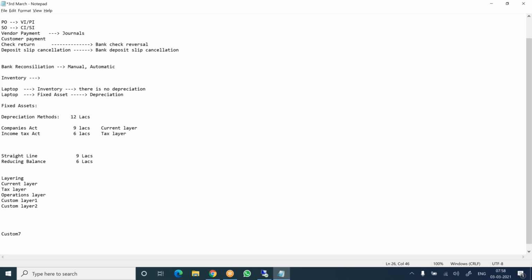Maybe if you have some other act in India, we may use the operation layer also, or custom layer 1, 2, 3. In the USA, there are different calculations, 4 to 5 methods. So there will be different layers. So how many acts are there? How many things are available? Those day-to-day activities,